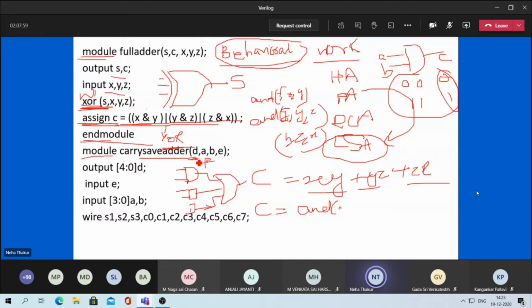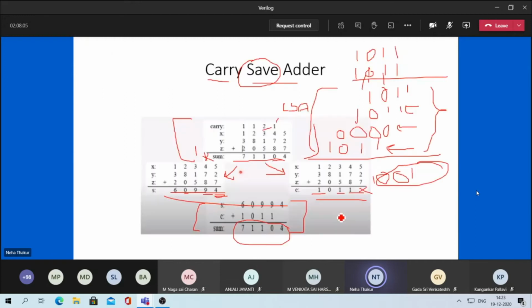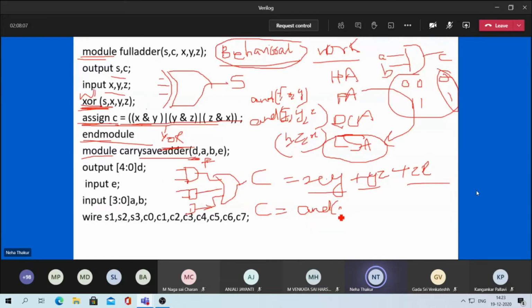D is given as the final output. Then how many inputs are there? A, B and E are the inputs. E is working as your carry. So here A, B and carry are your inputs.